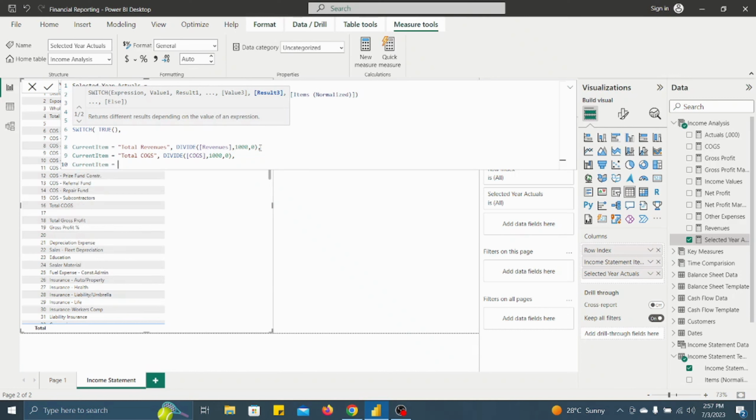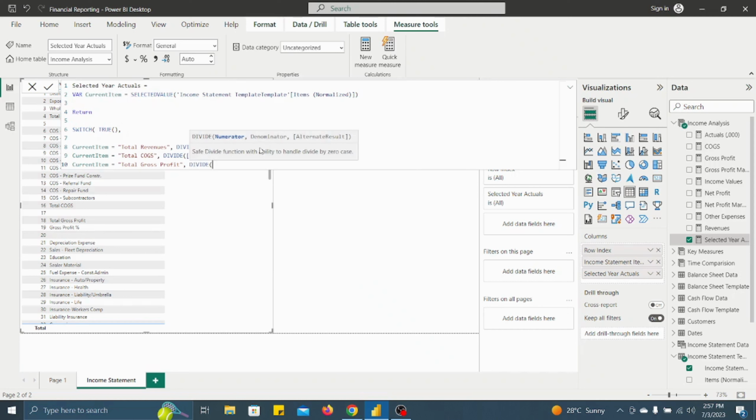If the third current item is equal to total gross profit, gross profit by 1000,